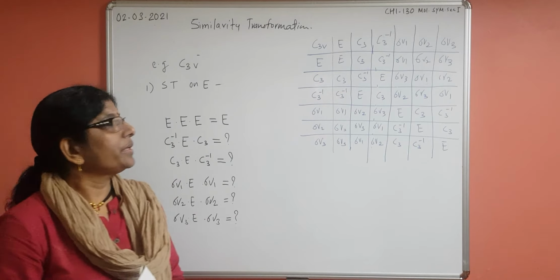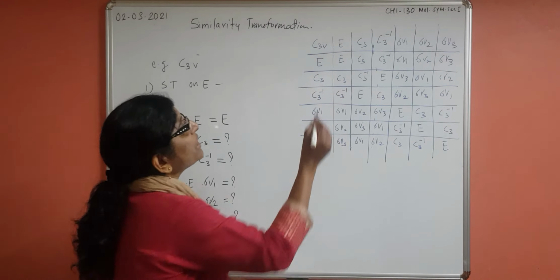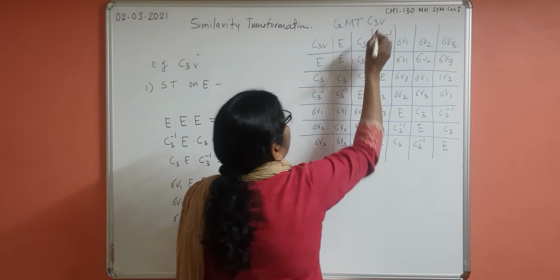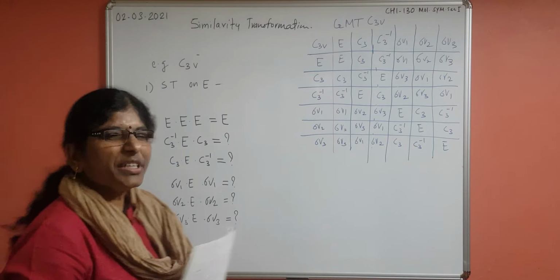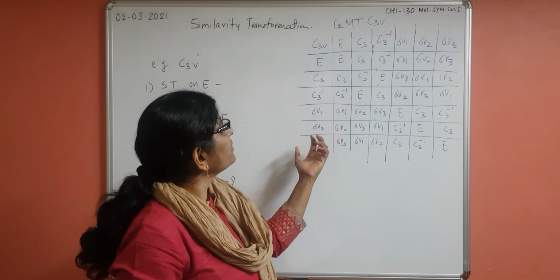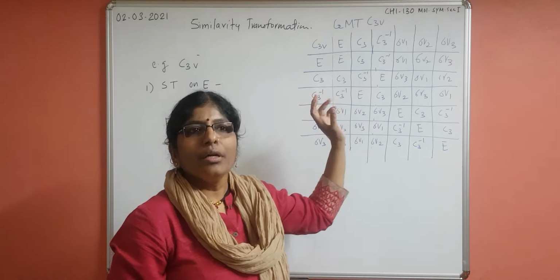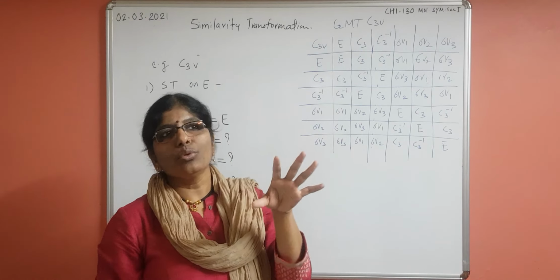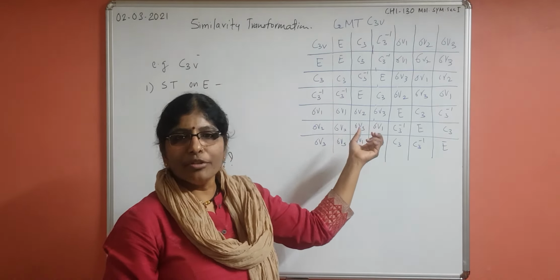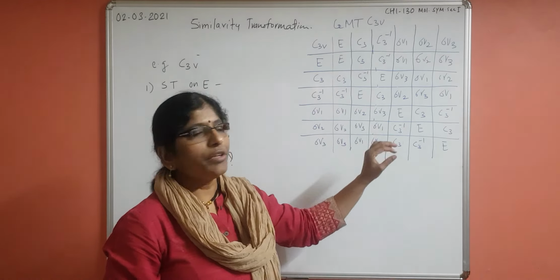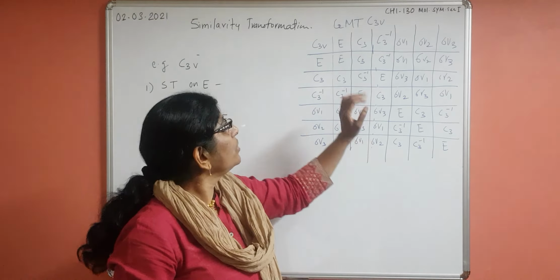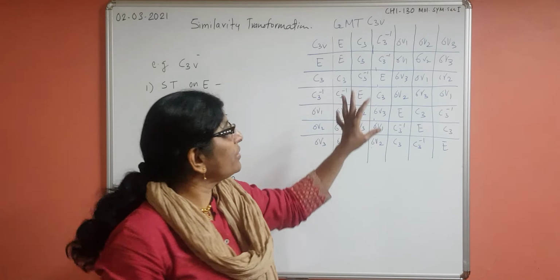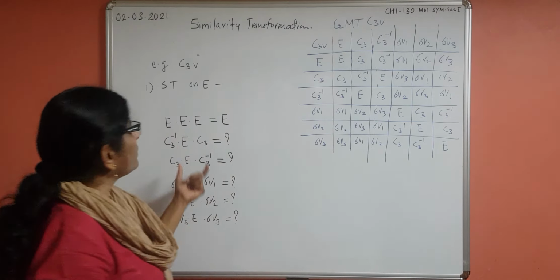Okay guys, this is the group multiplication table for the C3v point group. You have to keep in mind I have drawn it already to save time and space. This we have done already. If there is a question on similarity transformation or division into classes of point groups, then this will be provided with the question paper. But you need to be very careful while handling this group multiplication table. Now you know how to generate this, so I will not go into details of this. This group multiplication table we are going to use to solve these equations, right?